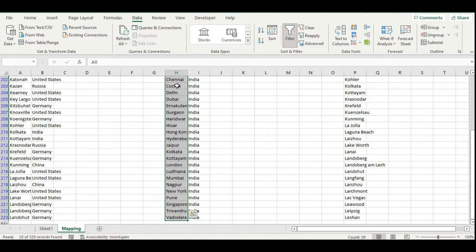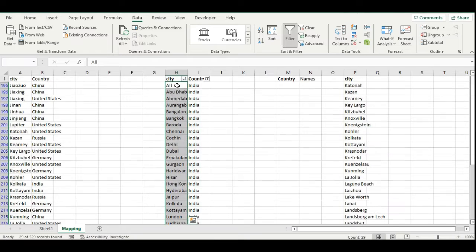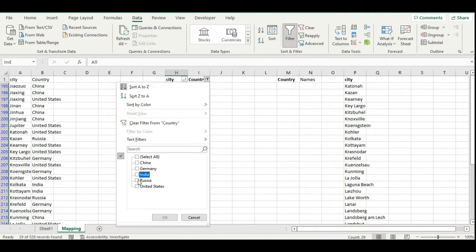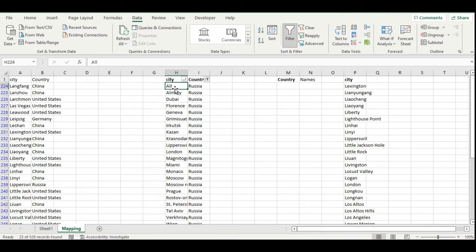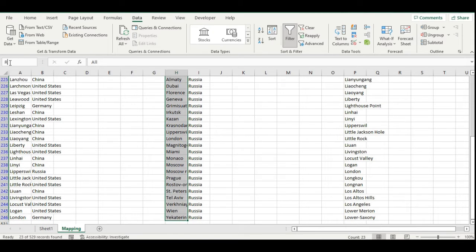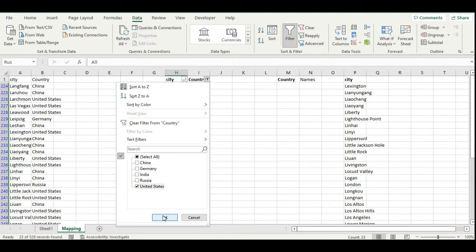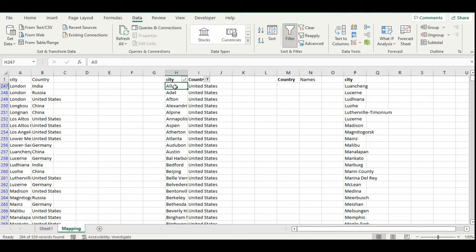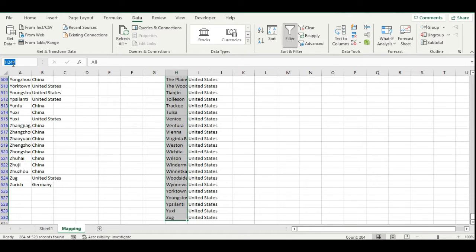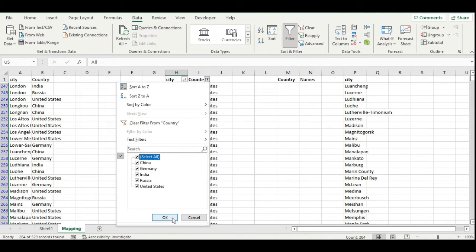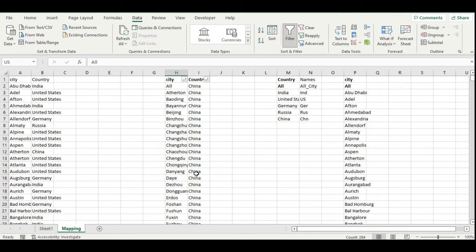India, IND, and Russia will be RUS, and United States will be US. Okay, so now we have given a name to all the cities for their respective countries,